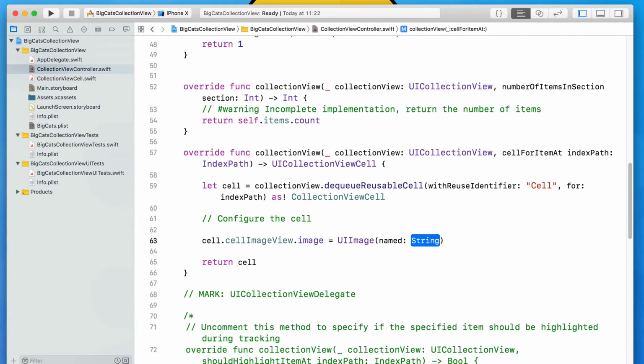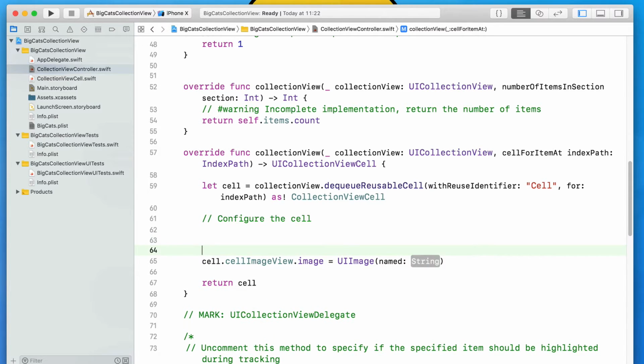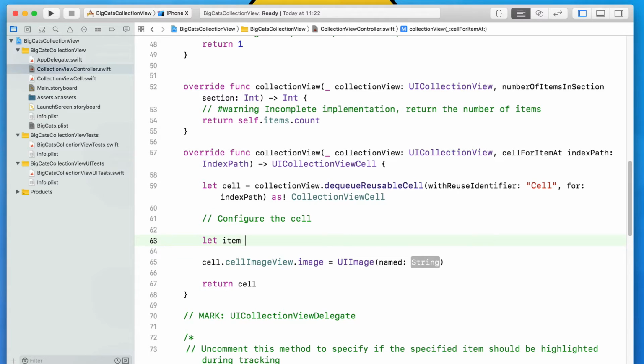But we don't really know what image it is, and the problem we're going to have is that because each of our items for our plist of our big cats has 4 individual strings inside of it, we need to single out the string that we want, and the string that we want happens to be the one that's linked to our image. So just before we configure that, we go back up and add in a brand new line. We create a let and we'll simply call it item, as we want to single out an individual item. And that's going to simply